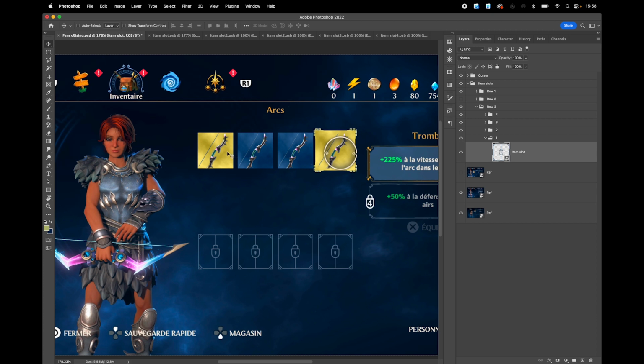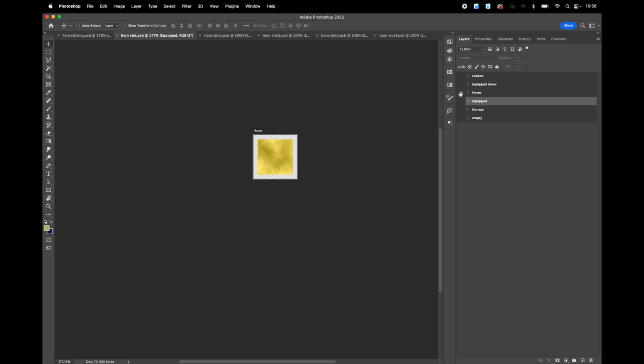So this is one of my favorite ways of doing the different states for these item panels. I hope you like it. And now I'm just going to show you a little bit of insight: how did I recreate these panels? And it's really cool, I think. So let's go through here to this